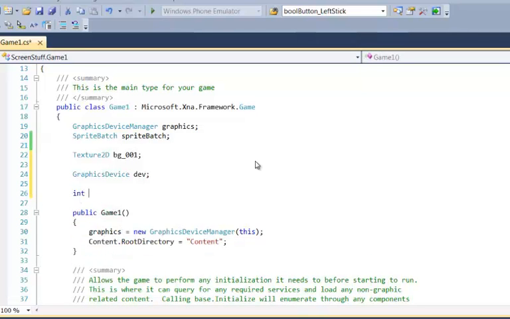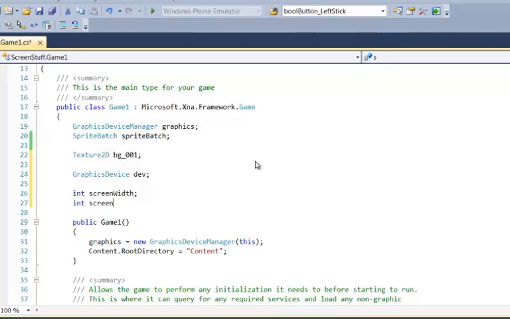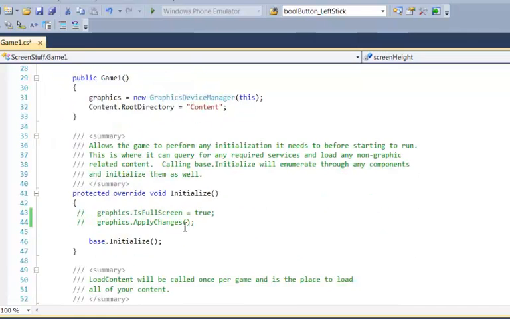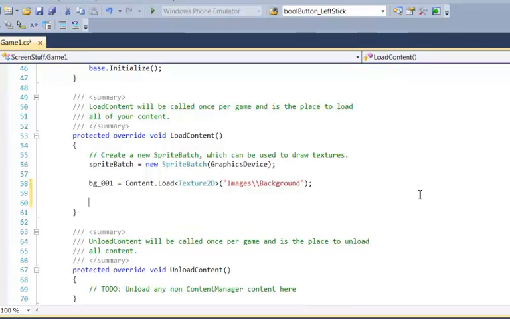And then I'm going to create an integer called screen width and another integer called screen height. Okay. Now, if you absolutely knew what size the game window was going to be in the end, you wouldn't have to be quite this elaborate, but this will work and it'll let you change your screen size later on or let you work with a screen size that's not quite the same as what I'm going to show you